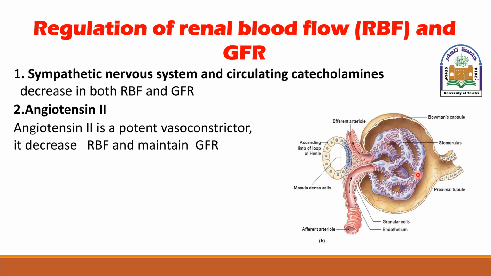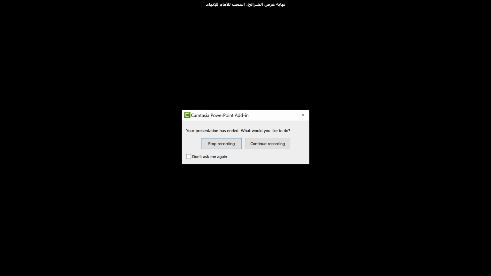Increasing the blood volume in the glomerular capillary increases hydrostatic pressure and tends to maintain GFR. So, angiotensin 2 decreases blood flow to the glomeruli, similar to the sympathetic nervous system, but it maintains GFR, and this is essential in keeping the function of the kidney under certain critical